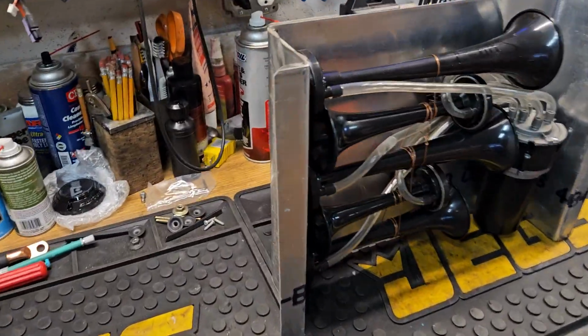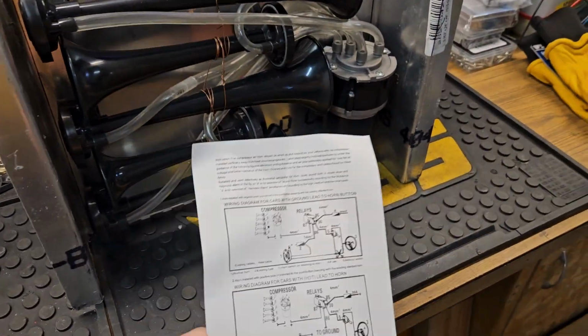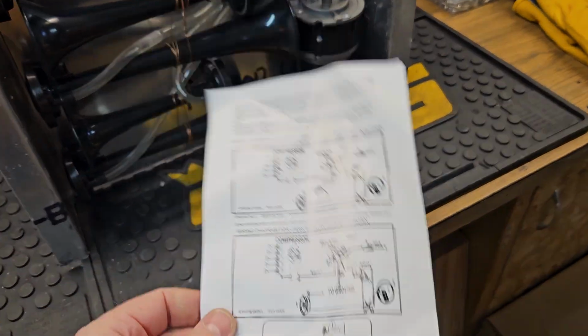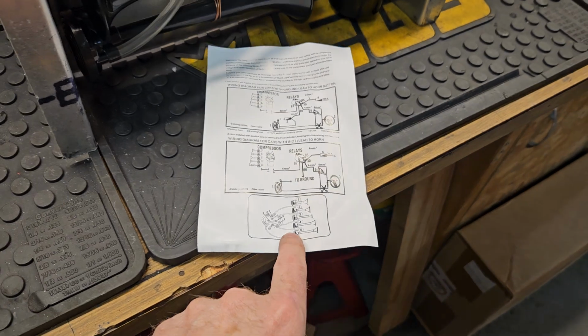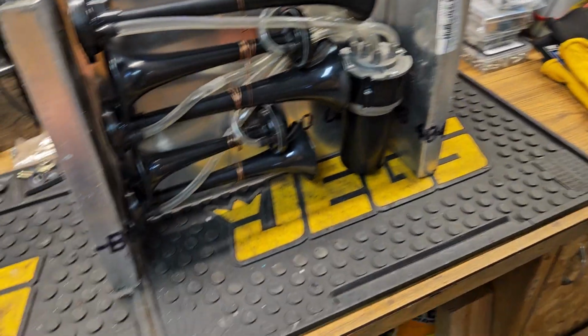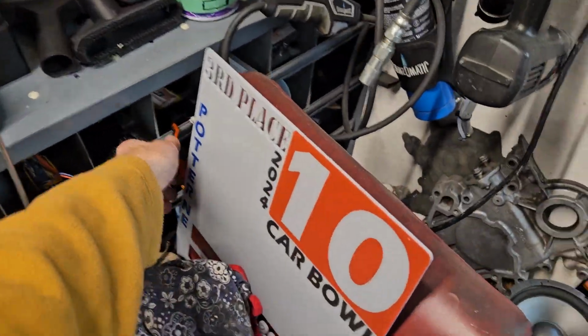Today we're going to talk briefly about the Dixieland Airhorn. Basically, you see the instructions are right here. I hooked up everything according to this diagram down here, and I did plug it in. Let's see, what did I do? I grabbed some RC batteries here,